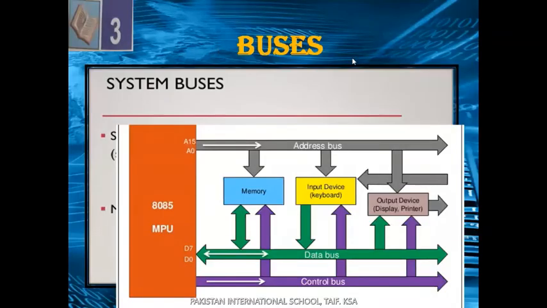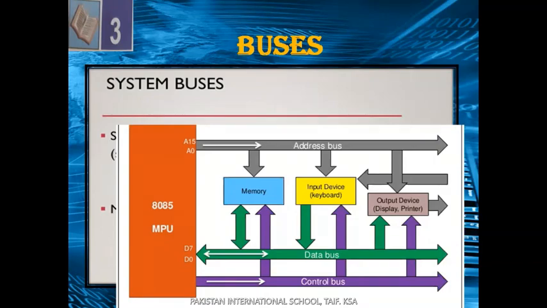A bus is an electrical path inside the computer system over which data and information is transferred from one part to another. It connects the CPU and all other components and the main memory with the help of these sets of parallel wires. We can classify buses into address bus, data bus, and control bus. Basically these are the sets of wires used to connect all the components inside your computer system. This is a very important component.